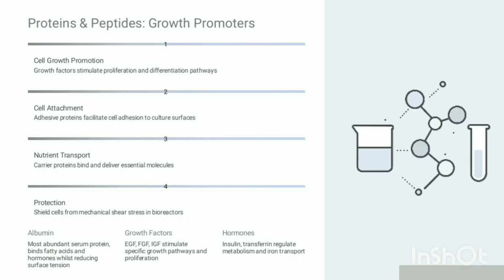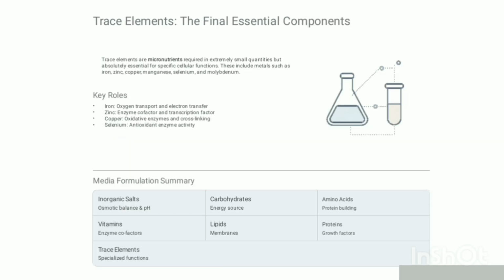Trace elements. The final essential components, trace elements, are micronutrients required in extremely small quantities but are absolutely essential for specific cellular functions. These include metals such as iron, zinc, copper, manganese, selenium, and molybdenum. Key roles: iron, oxygen transport and electron transfer; zinc, enzyme cofactor and transcription factor; copper, oxidative enzymes and cross-linking; selenium,